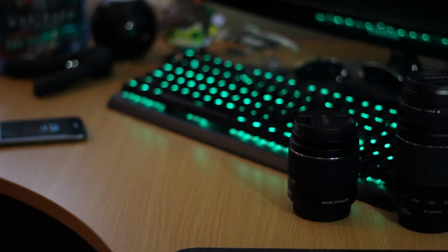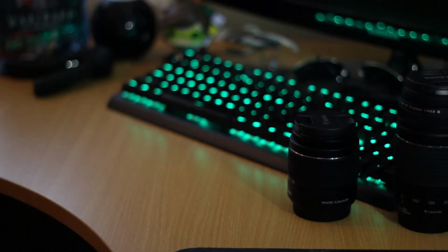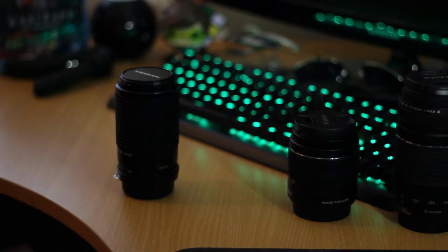So my hope with these lenses is to be able to repair them and then ideally resell them. So 120 bucks for 8 lenses. I don't want to risk getting the math wrong on that very simple equation, so we won't go there. But some of these lenses, if I'm able to sell them, would pay for the whole box single-handedly. And I got a bunch of adapters in there that are also worth quite a bit. And the guy threw in